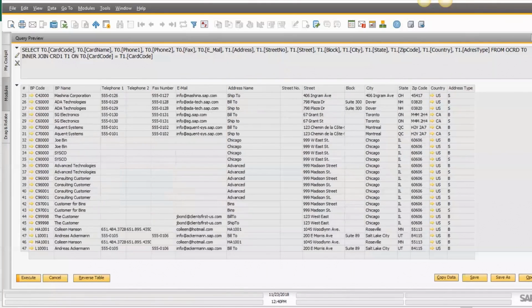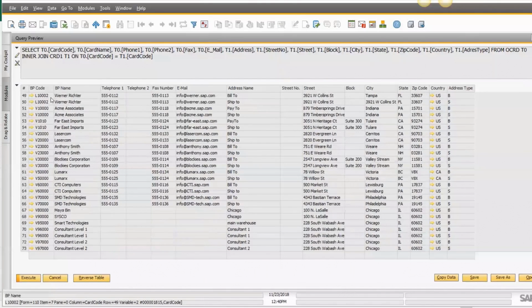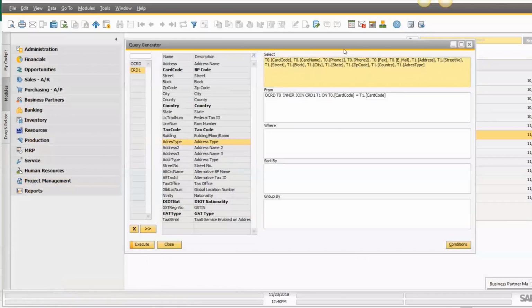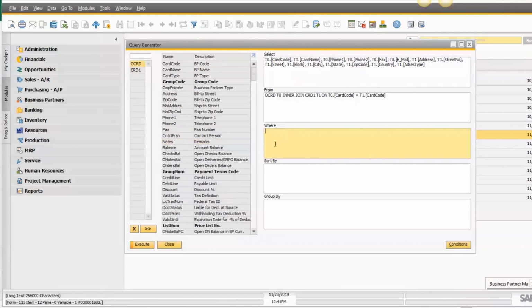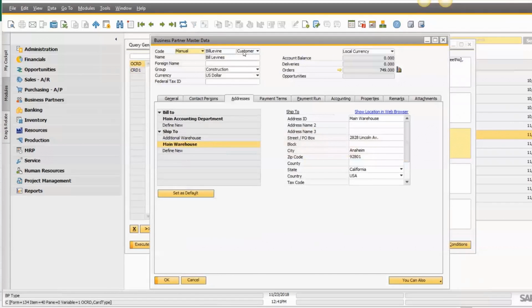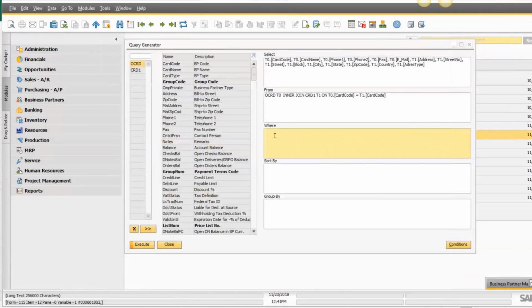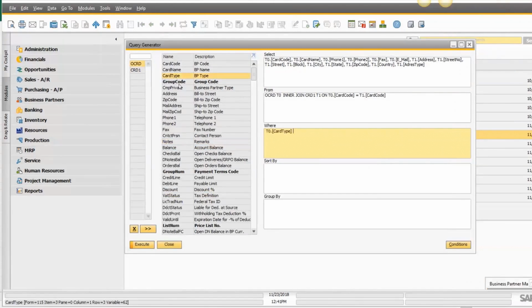Okay. Now, if I scroll all the way down, you can see that it pulled customers and vendors. I'm not interested in seeing the vendor information, so I'm going to do what's called a where clause, right? So where, and I'm going to say my BP record is customer. So if I go to Business Partner Master Data and hover over this field, I can see that the field name for this is called card type. So I'll go ahead and say where card type equals